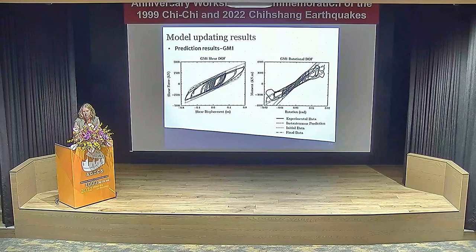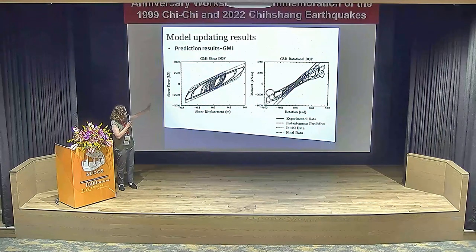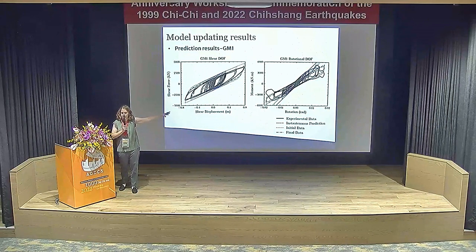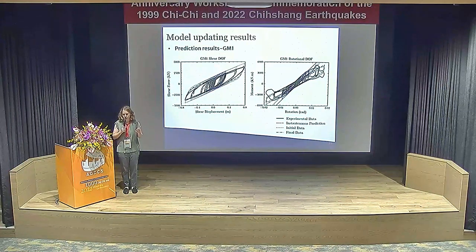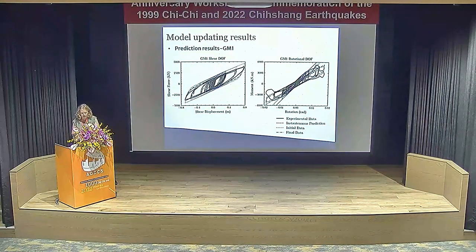Okay, ground motion 1 had larger displacements and shears. And here you can see that for our shear results, we were quite happy. Rotation, what happened? Well, you have this softening in the rotational degrees of freedom under large rotations, and then coupling that with the shear. And we did not have a model that was capable of doing that. So it's very important when you're selecting these models up front to choose something that you think is really going to be able to capture any behavior that might be salient to your structural response. So it's a very critical